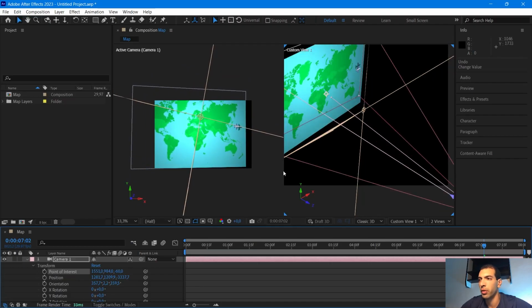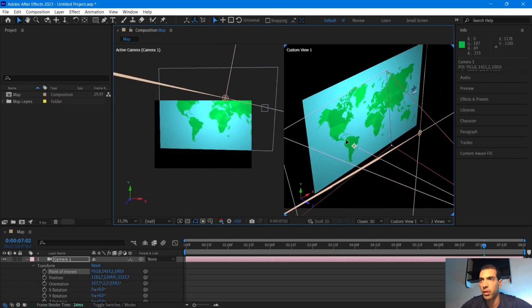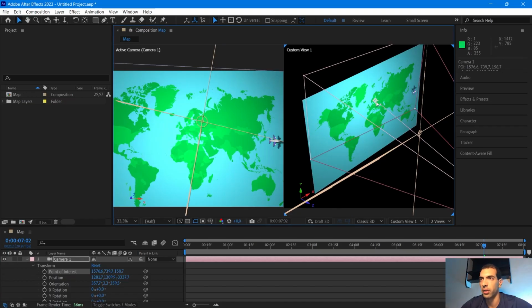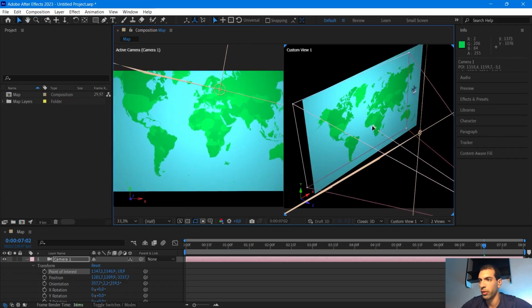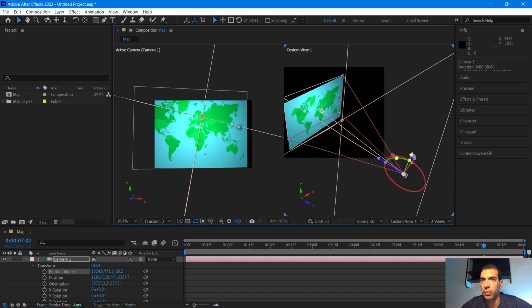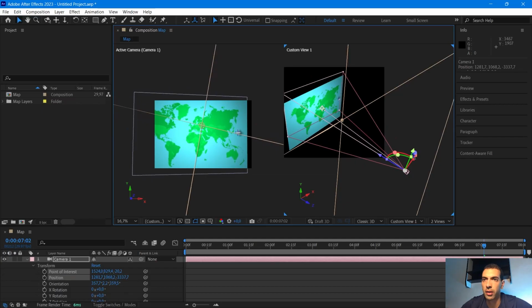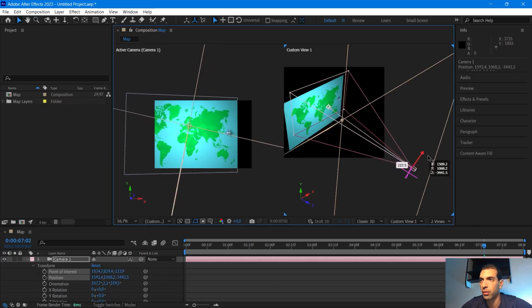We can change the point of interest from here by changing the values, or I can simply click on the point of interest and move it using the mouse like this. And you can see the result here in the active camera 1. I'm moving the point of interest now. And if I try to move the camera from here using the gizmo, now we notice both the point of interest and position here are selected and they are changing at the same time. If we use the gizmo